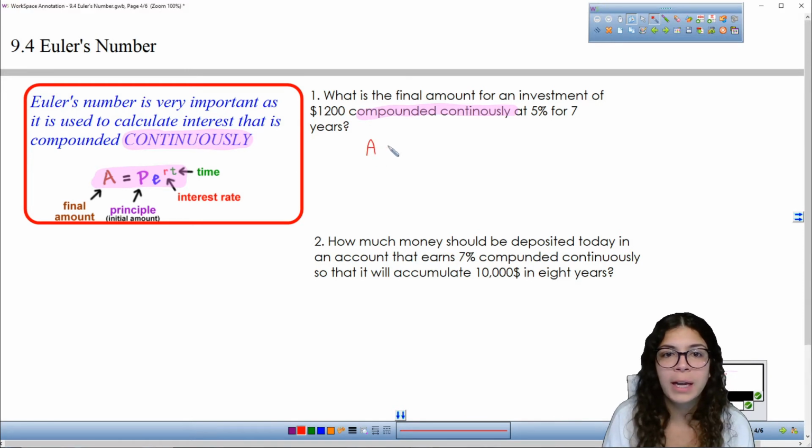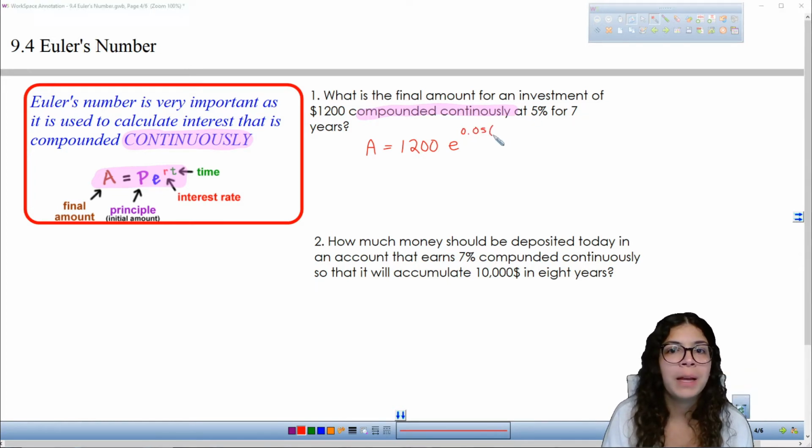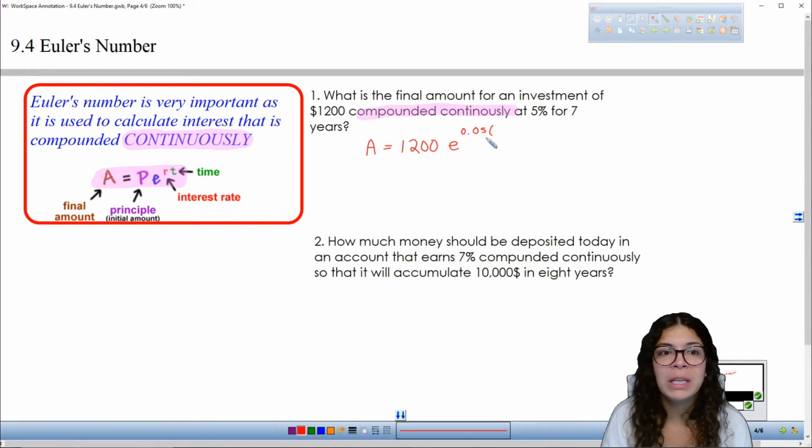So I'm solving for A, where my initial investment P is $1,200, and of course, e is a number, so that is not a variable. Remember that e is a number. To the power of r, the rate, of course, as a decimal would be 0.05, multiplied by t, the time, how many years, which is 7 in this problem. So notice that now e is a number, so all of this are just numbers, so I can actually calculate